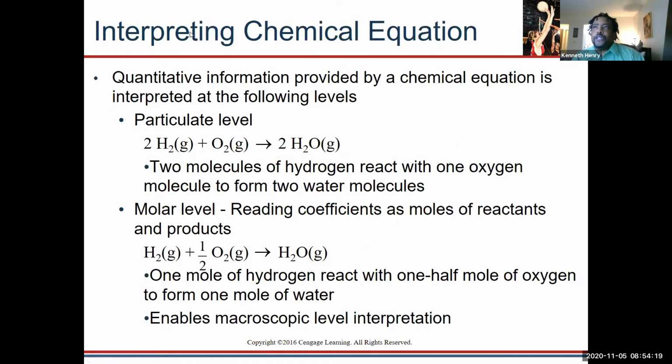Okay, so now what does it really mean? What does it mean when we're talking about these chemical equations? We can talk about it at the particulate level, meaning at the particle level, or as in a molecule, an atom, 2 atoms, 3 atoms, something like that. So when we talk about it at the particulate level, we're saying, in the case of,